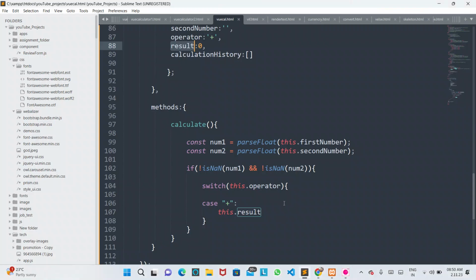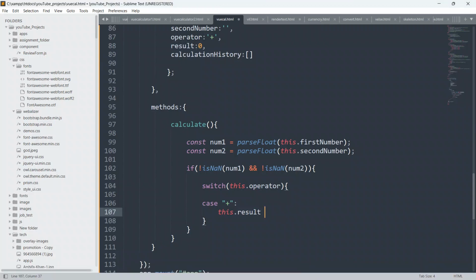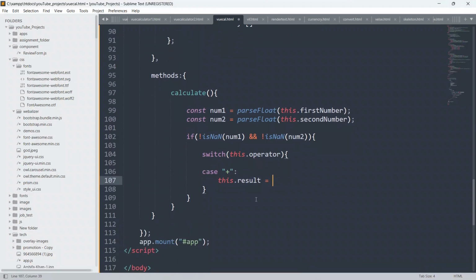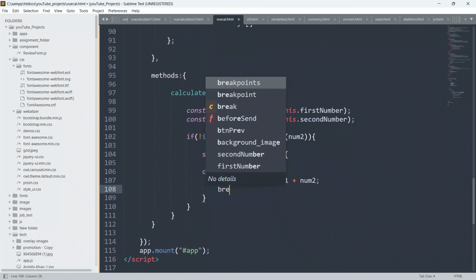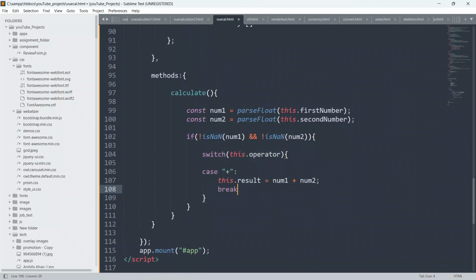So I'll say here this dot result equal to num1 plus num2. Just close this, and I'll give here the break keyword also, just to break the loop. Put semicolon.